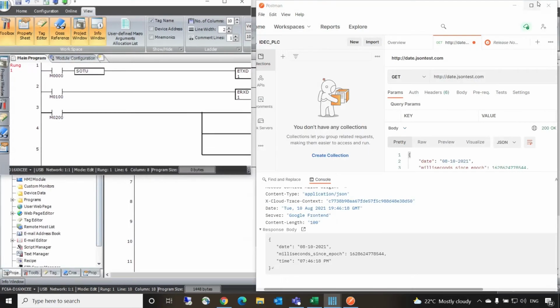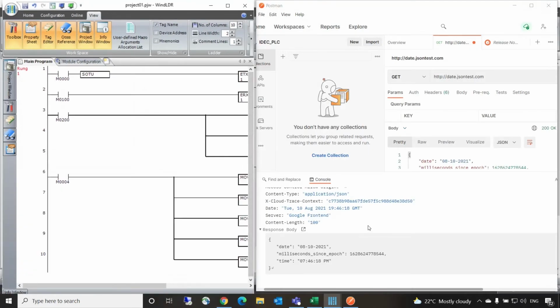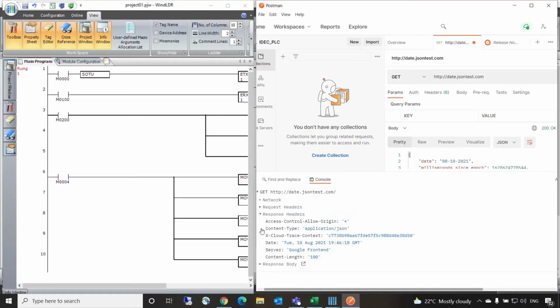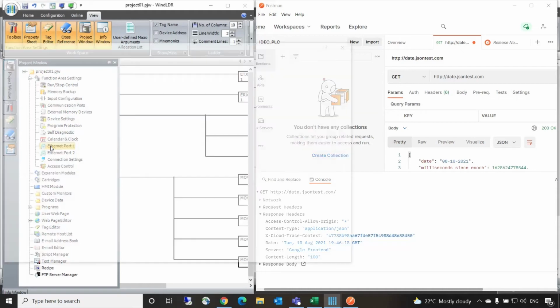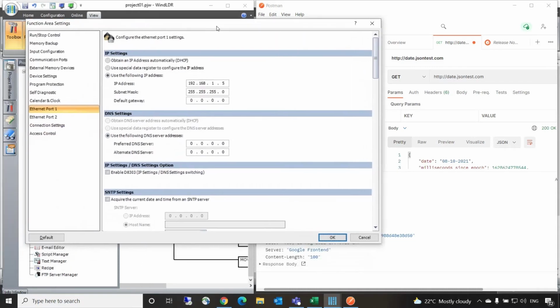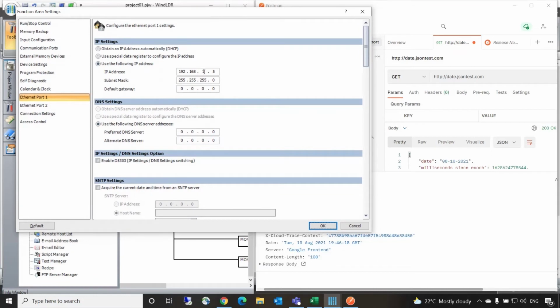Then moving on, now a small program has been made. Now in this PLC we need to target the Ethernet port. So I'll open port number 1. In this port, I need to mention an IP address along with the gateway and the DNS, because it's over the internet. So DNS is quite required over here. The IP address of the Wi-Fi router which I'm connected to is 29. So I'm mentioning it with 29.